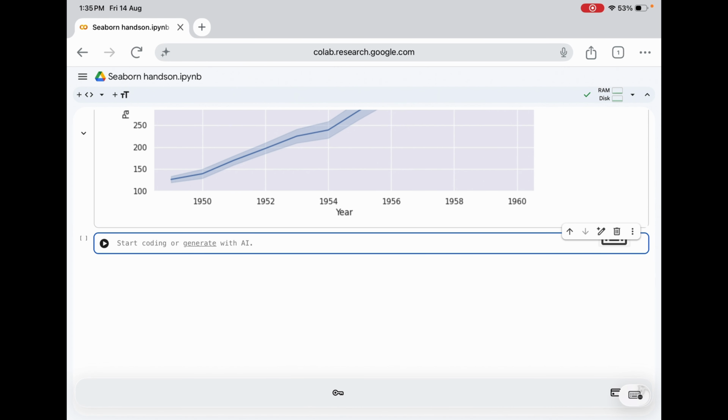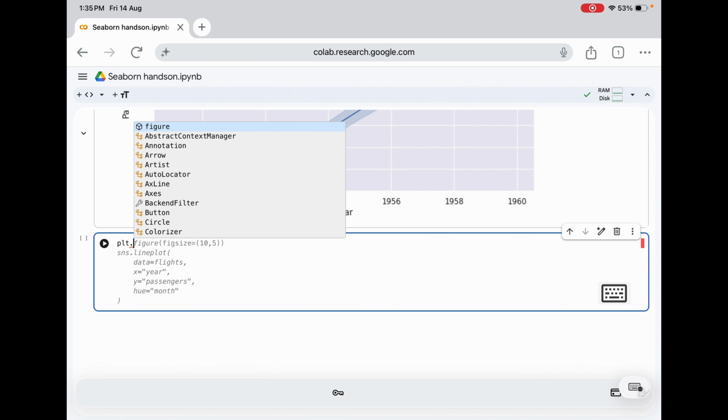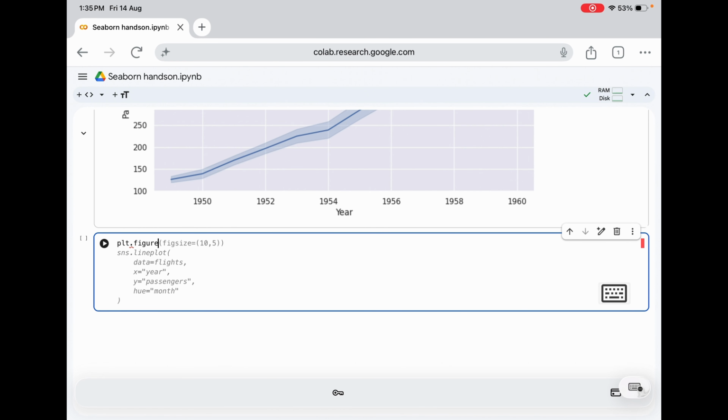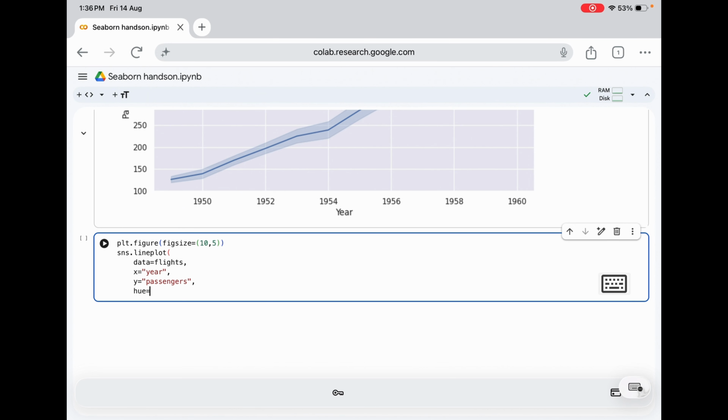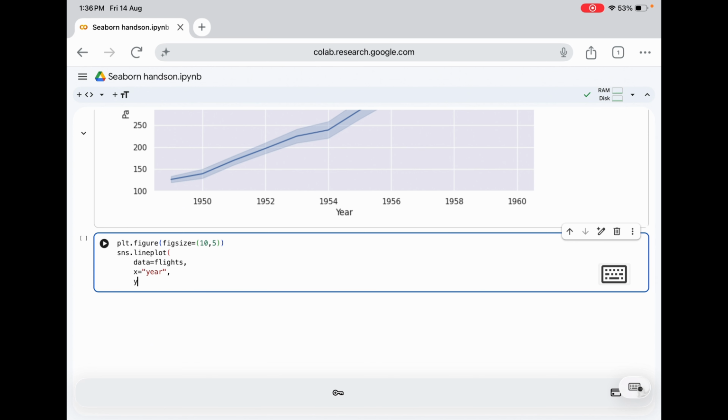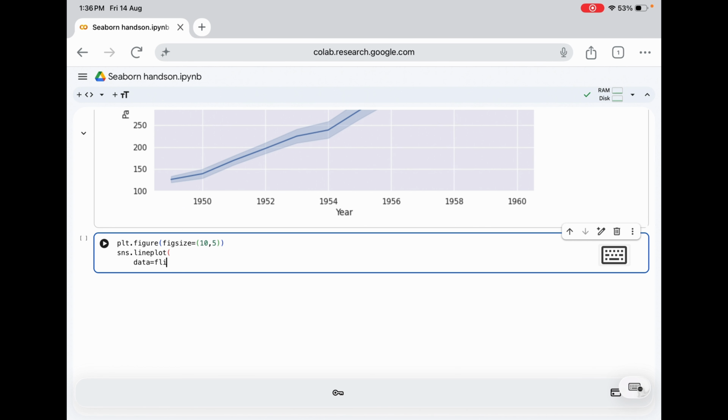Suppose we don't want to compare categories, but we want to understand how the bill values are distributed. For that we'll use a histogram. So again, let us create plt.figure. Now I want sns.histplot, which is basically the histogram plot.